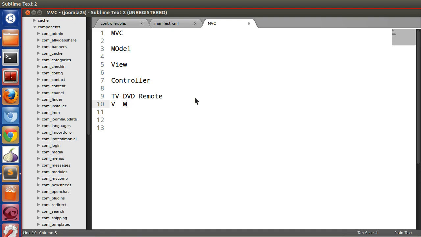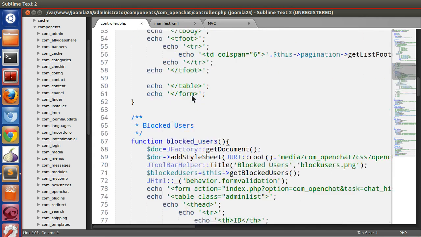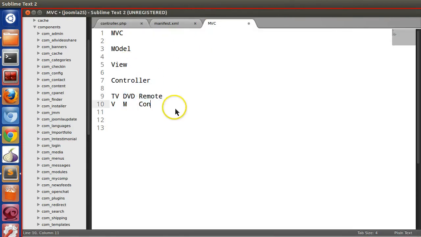The main things are located on the DVD disk, and who is processing? The DVD. That means our model is processing, and the remote is the controller. You can turn the volume up and down, which means you are instructing from the remote. So the remote is your controller. Every request in Joomla will come to the controller, then we will display some view, and we grab the business logic or data from the model. That's why we need this architecture.